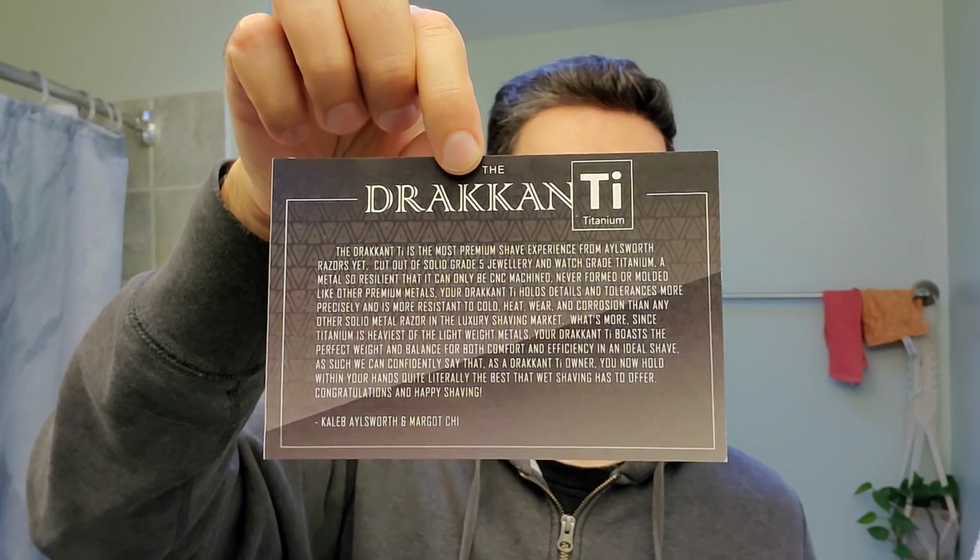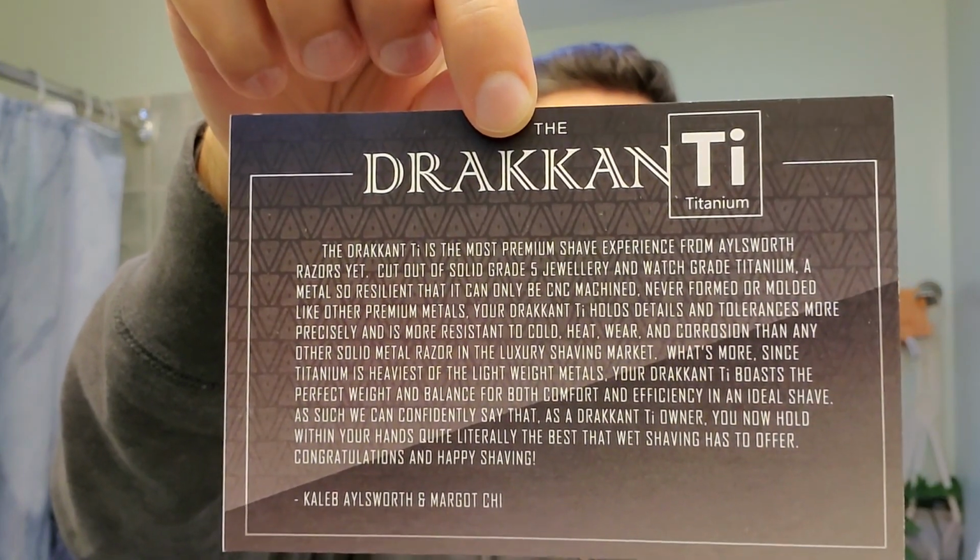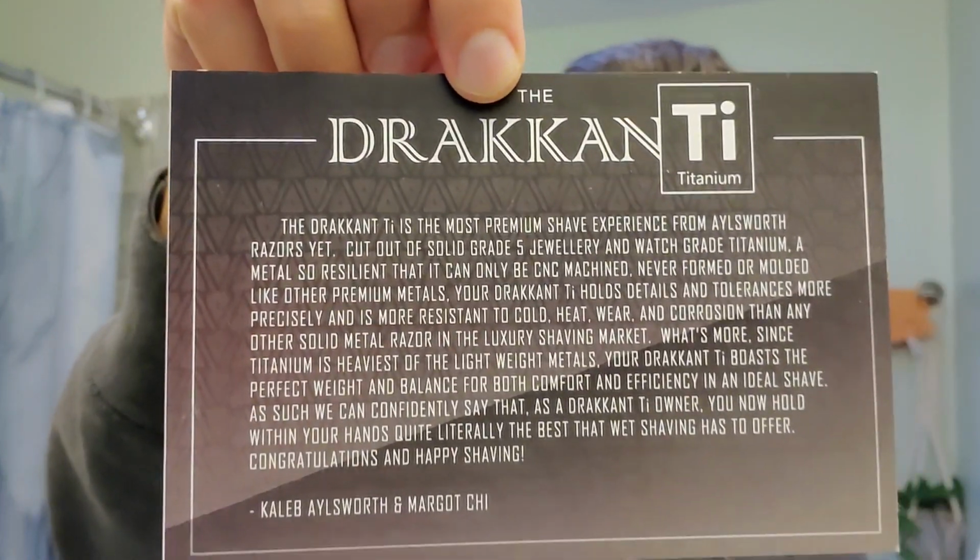I received a package from Aylsworth Razors. And this, as of today, is unobtainium. It's something that you cannot find and you cannot buy, unless someone wants to sell it to you secondhand. I was able to snatch one of the last Drakkant Ti's, and over here I saw that the card is speaking over here. This is just explaining about the razor and